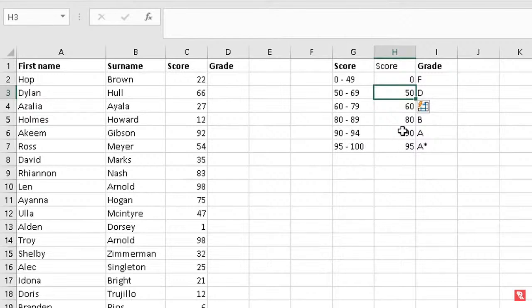Now we're going to go back to the grade cell where we want it to assign the letter grade based on what they've scored out of 100. So this first pupil scored 22, and we know for a fact 22 is between 0 and 49, and what we should bring back is the grade F. But we're going to use a function VLOOKUP to do this, and we're going to write a formula. So the first thing we do when we do a formula is equals, then we're going to type in VLOOKUP,